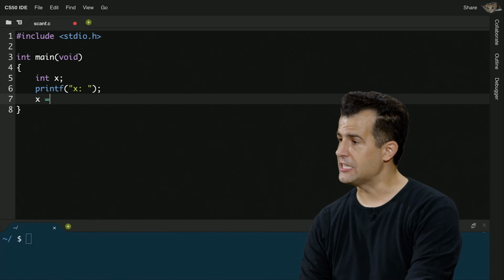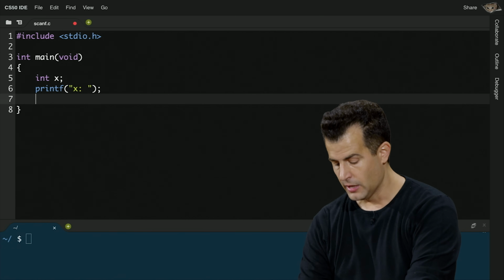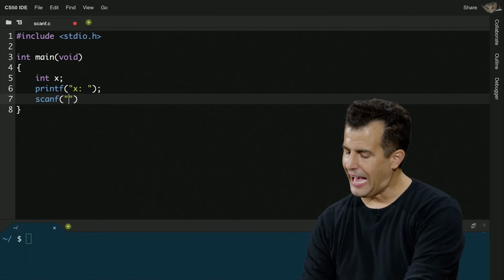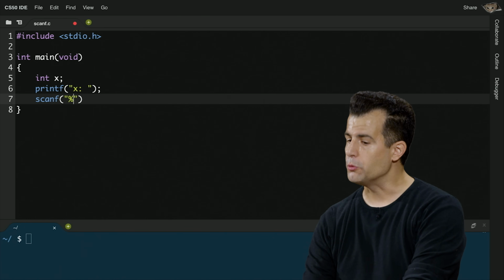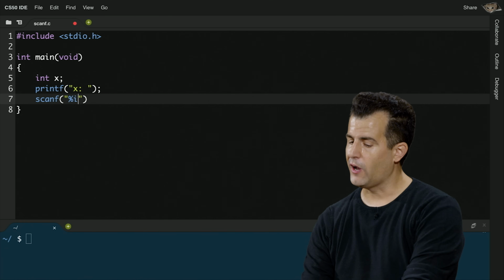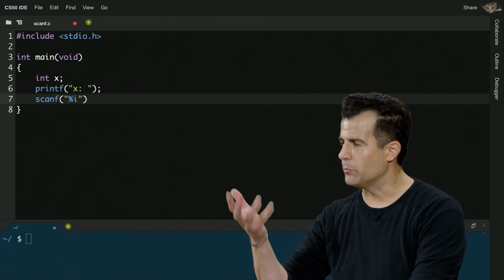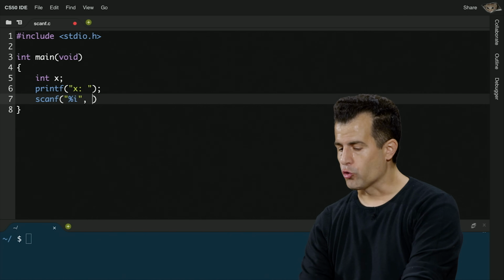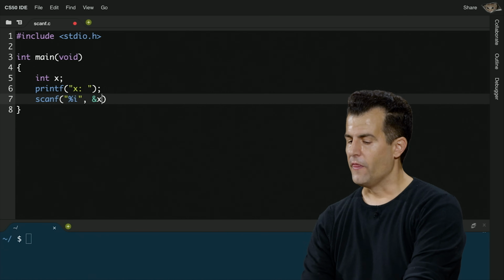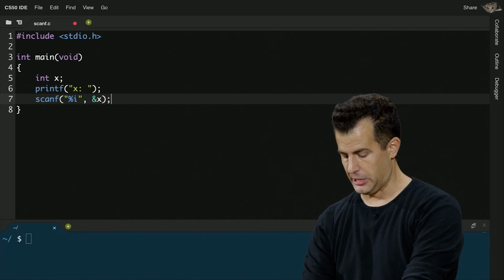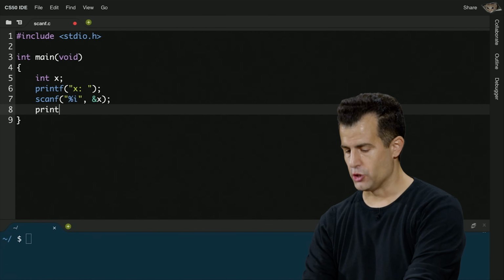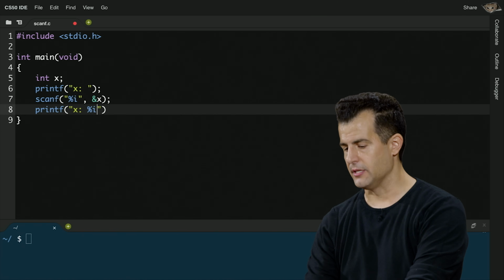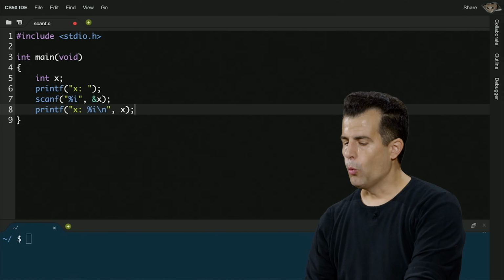If we're taking away the CS50 library, we need an alternative. And it turns out there's a function called scanf. And scanf is kind of similar to printf, where you give it a format code, which signifies what it is you want to scan from the user's keyboard, so to speak. And you specify the address of a chunk of memory that you want to put the user's input in. And then I'm going to go ahead just arbitrarily and print out that the human here typed in, for instance, that value.